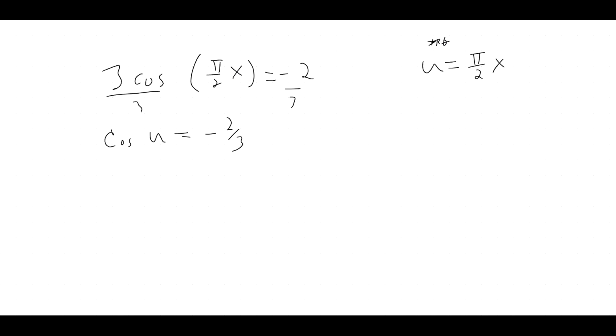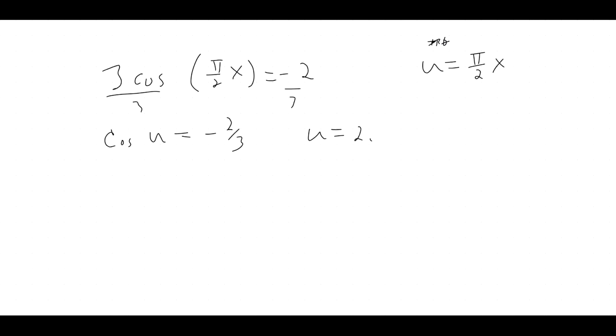Okay, so I'm going to come back to my whiteboard. And so I'm going to calculate arc secant of negative 2 divided by 3. I'm in radian mode, and my calculator is telling me 2.3005. I'm going to round that to 2.3. So U equals 2.3